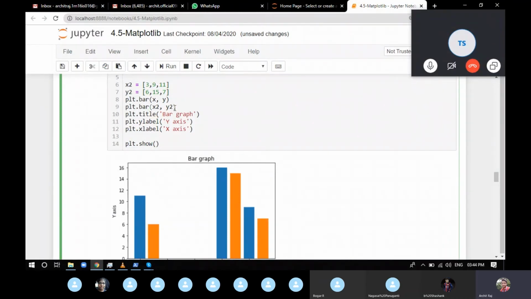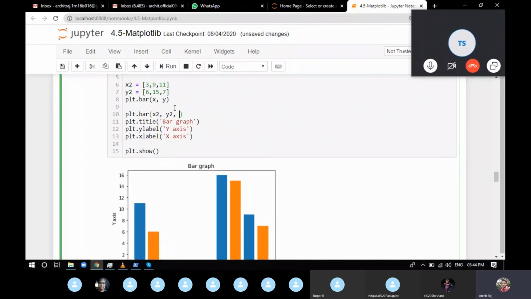If you don't want to depend on the default setting for the color of your bar graph, you can exactly specify which color you want.